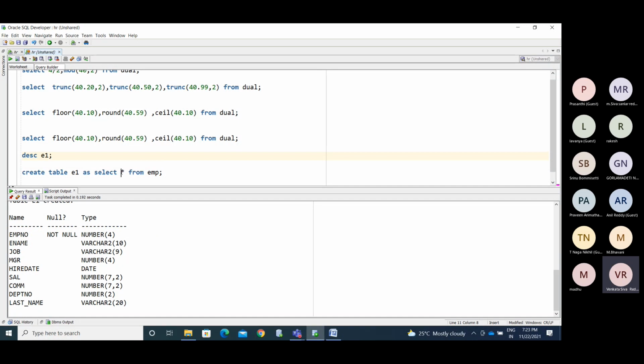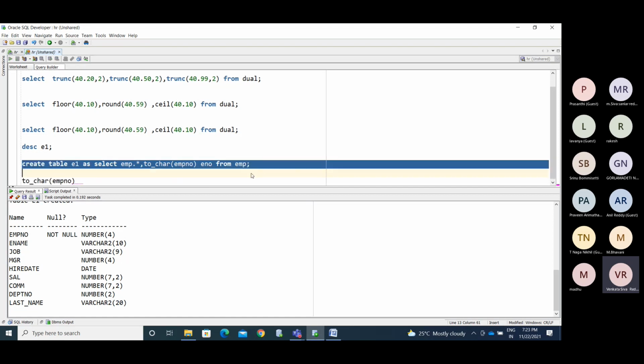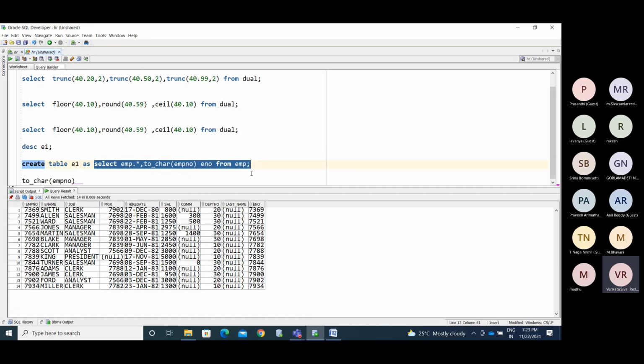Now I'm displaying emp.*, to_char of employee number as ENO. So I'm simply converting some column value. I'm not creating any table here.